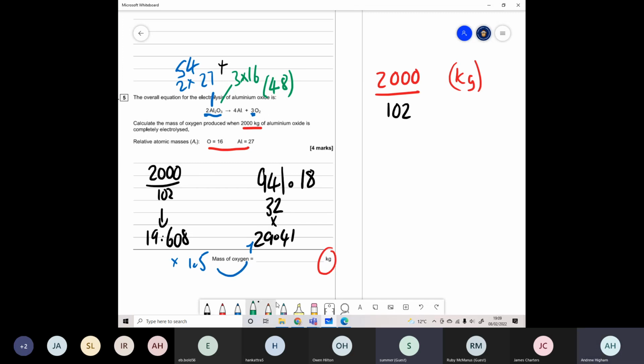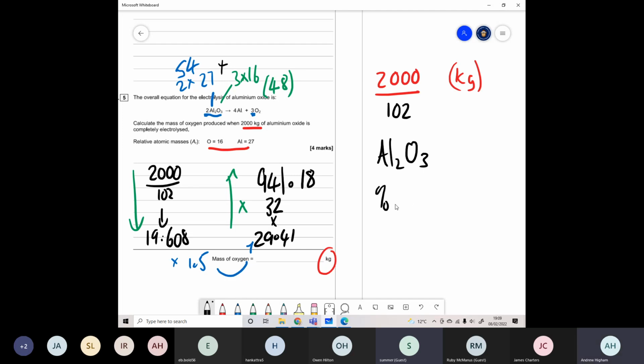This is the thing that I was talking about before, right at the start. There are things that we can do to help ourselves here. Now, I would look at this, and I would be more than happy if any of my students took this approach, which I've been repeating. You go down that way, and then if you're going back up, so you're down, divide, and going back up. I'd be more than happy if my students did that. But my students would actually pick up onto the fact that you can look at this, and in the aluminium oxide,